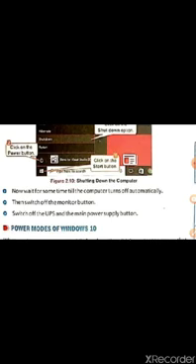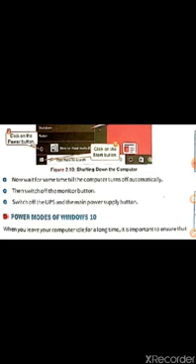So how many steps are involved? 7 steps. Number 1, click on the start button. Number 2, click on the power button. Number 3, click on the shutdown option. Then wait for some time for the computer to turn off automatically. Then you have to switch off the monitor button. Then you switch off the UPS and then the main power supply button. I hope you have understood this topic of shutting down the computer.